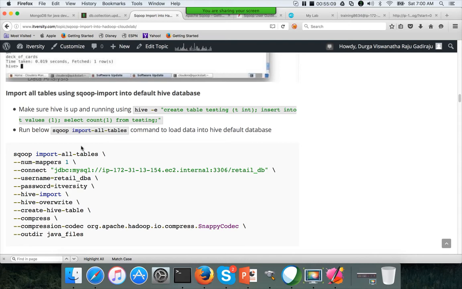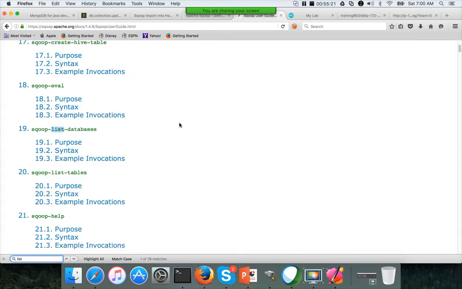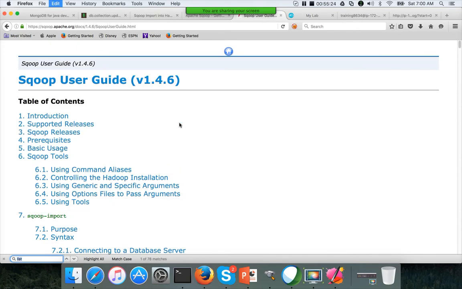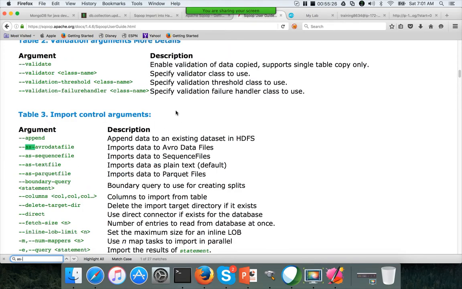We will talk about file formats some other time, not at this time. Just understand that if you are already familiar with multiple file formats, and if you want to use any of them, it supports 4 file formats out of the box. You can go to the documentation and search for as hyphen. You can see here, as part of the import control arguments, these 4 file formats. Okay, I will review all these control arguments in a moment.